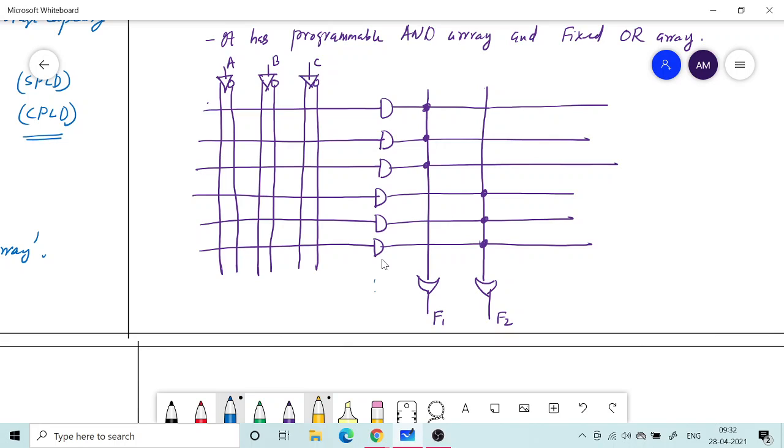So suppose you want to implement a function, say F2, which contains all the 3 product terms in F1 plus some additional term. So what you need to do is take this F1 back, and then you will have F1 and F1 bar here. Okay, so that is just a variation of this thing. So there will be F1 here. You can just take it back like this,